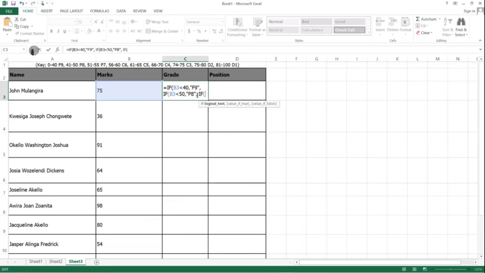IF, open bracket, B3. If B3 less than 55, open quotation, then you put 57, close your quotation, put comma, and you say if B3 less than 60, open quotation, 36, you close your quotation,